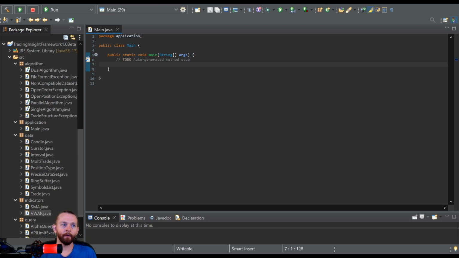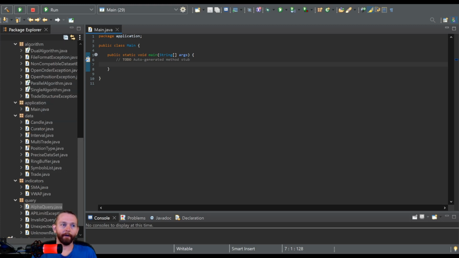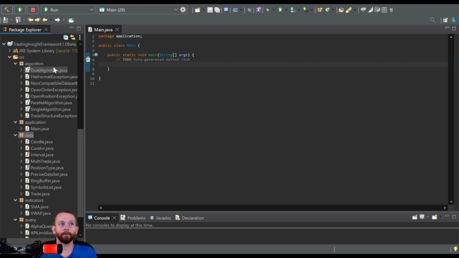So the basics of it are I have this query class that all it does is talk to the AlphaVantage API, and it retrieves data from that API. And then I have my data package here that deals with taking that data and doing things with it and presenting it in a form that is usable. And then what that does is hands it over to my algorithms. And I have several different abstract